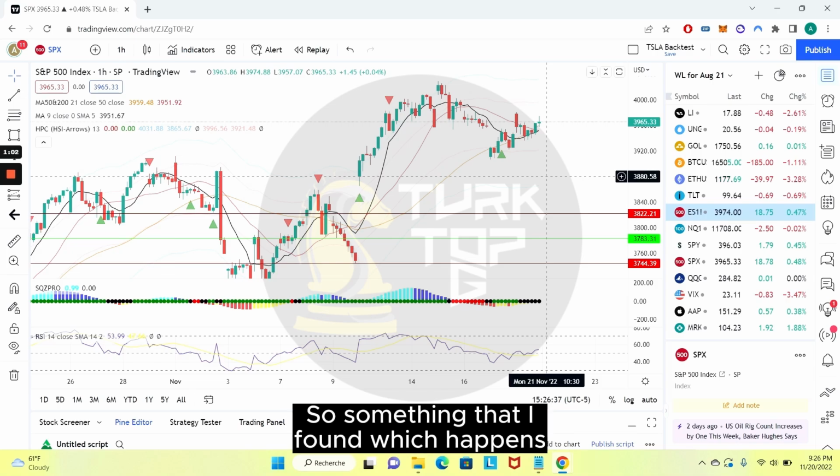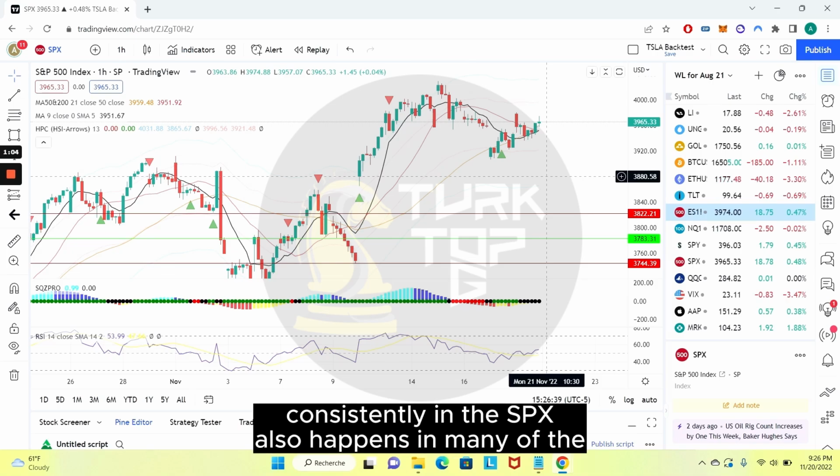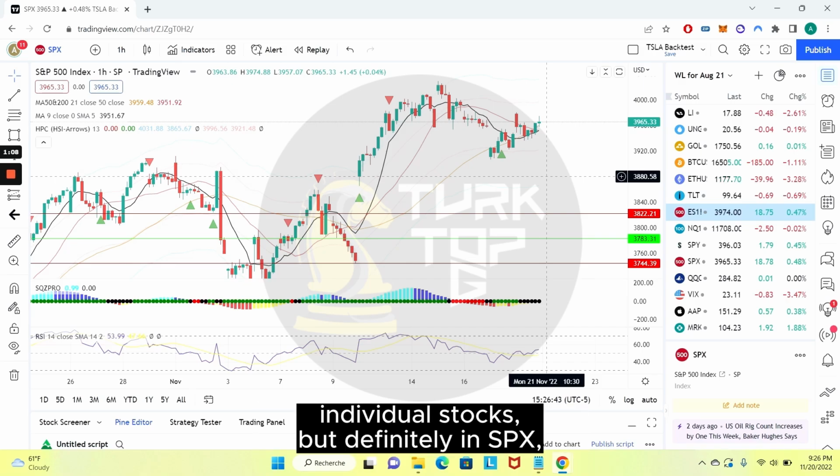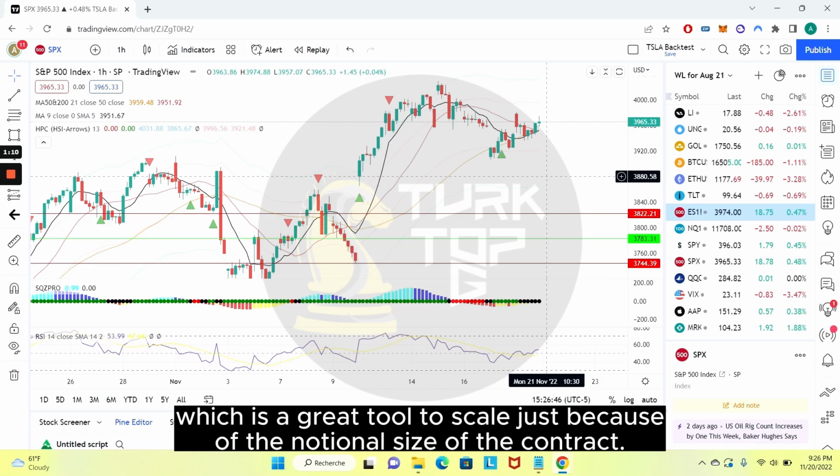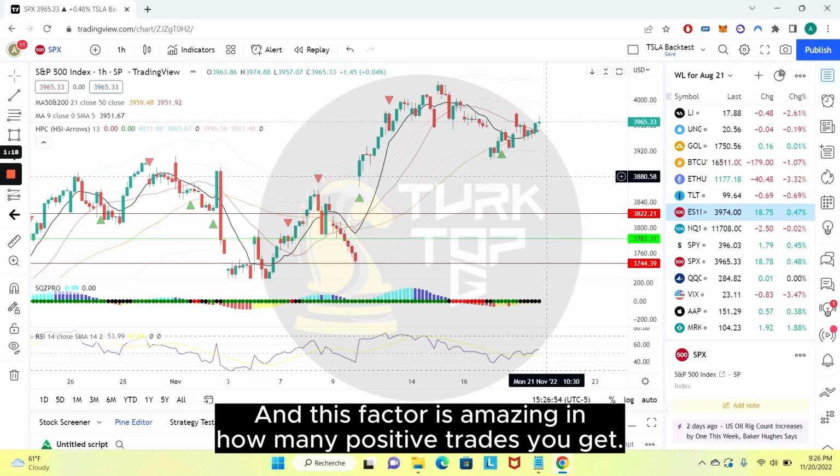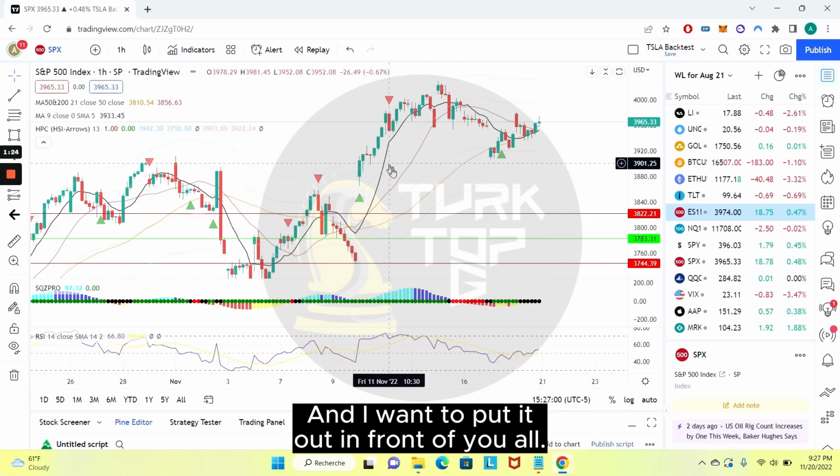So something that I found which happens consistently in the SPX, also happens in many of the individual stocks, but definitely in SPX, which is a great tool to scalp just because of the notional size of the contract. This pattern is amazing in how many positive trades you get, and I wanted to put it out in front